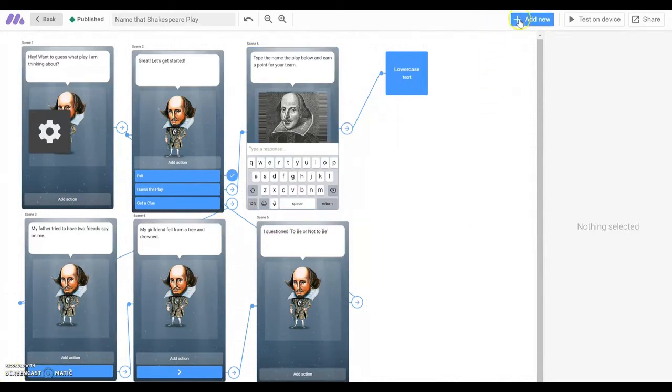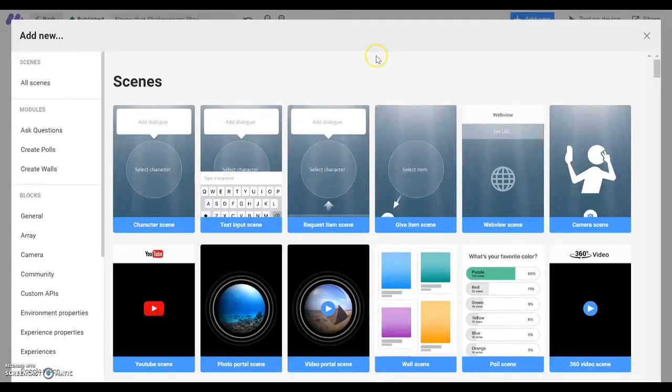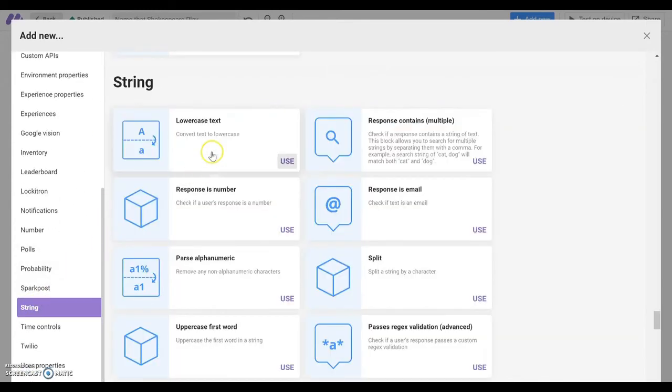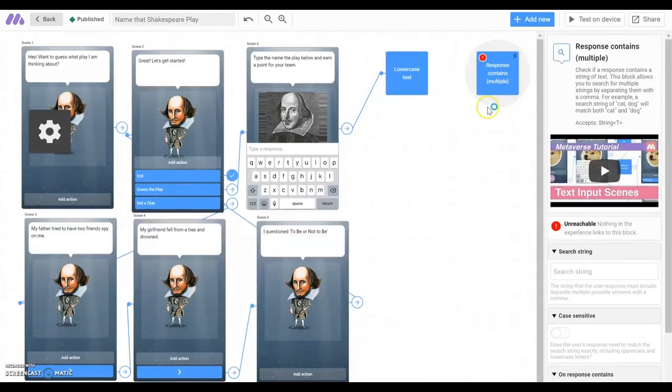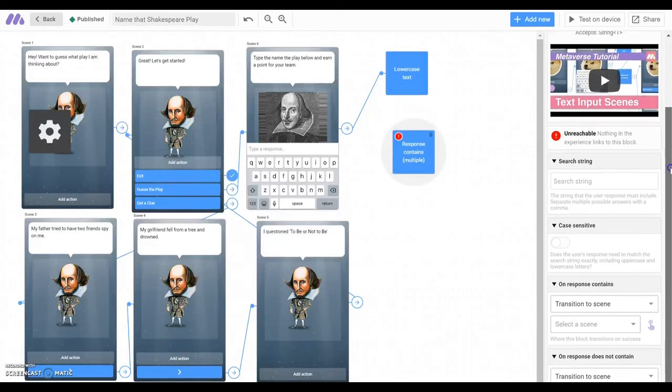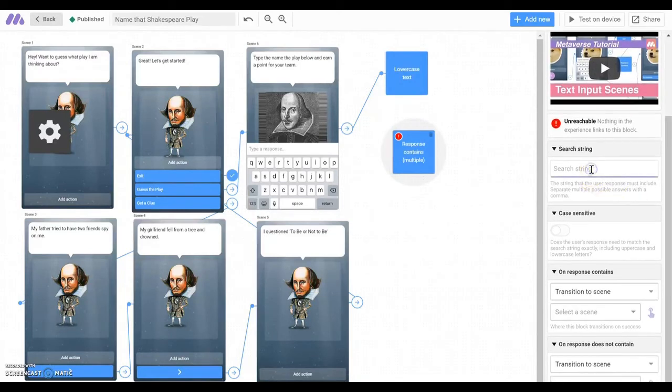Okay, now I'm going to do another Add New, and again over here on the left, I will select a string again, and this time I'm going to select the response contains. This is so it will recognize when they type in the correct word, it will recognize that input. So over here, in my response contains, I'm going to type Hamlet.